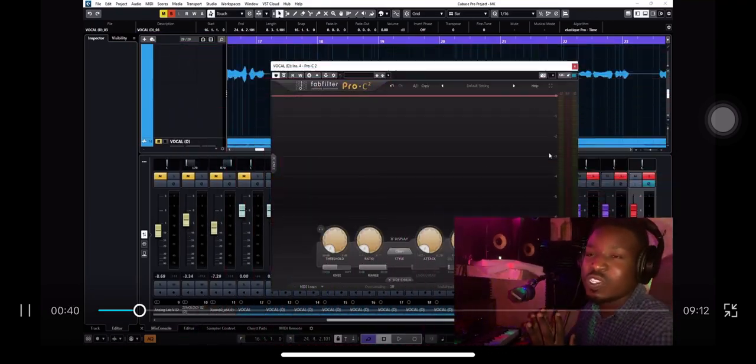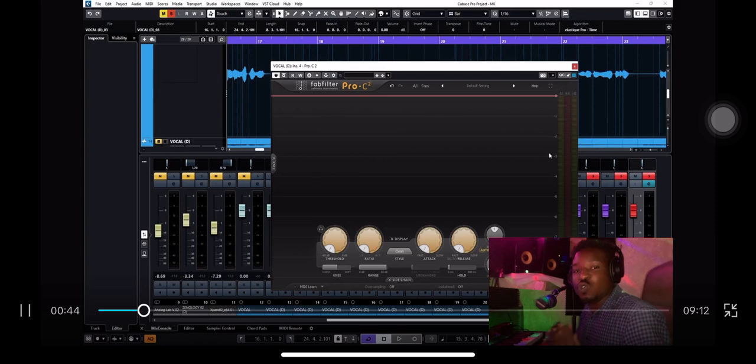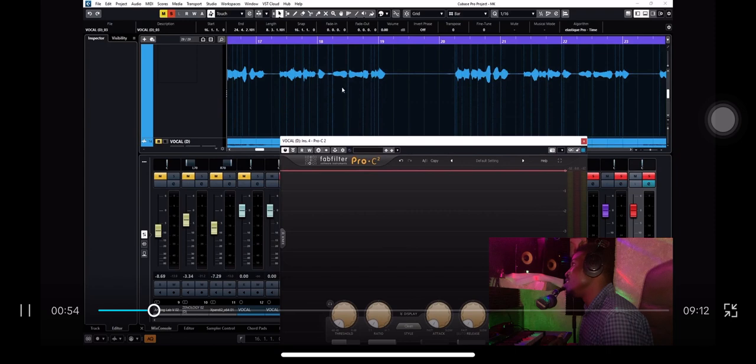We are in Cubase, and I love to use the Pro-C2 for tutorials, okay? But I use it for my mixing too, but it's very good for tutorials. So now, when you record your vocals, this is the vocal waves. The vocal waves are here. If you can see clearly, you see we have some